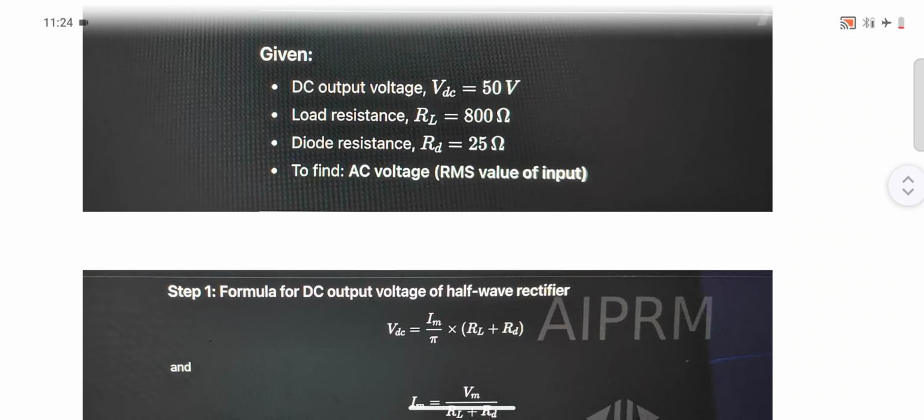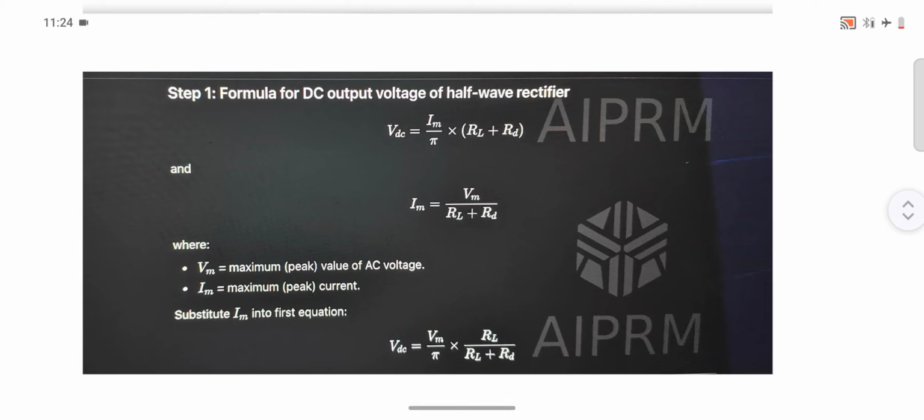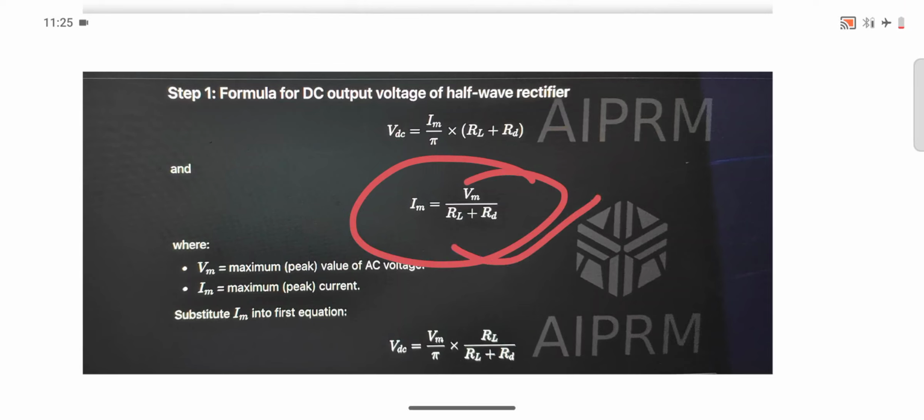So first, the formula for DC output voltage of a half wave rectifier. The formula is written and you have to remember it. In a half wave rectifier, what is the formula of DC output? This is the formula: Vdc = Im divided by π into RL plus RD. And then when we calculate, this becomes the formula,